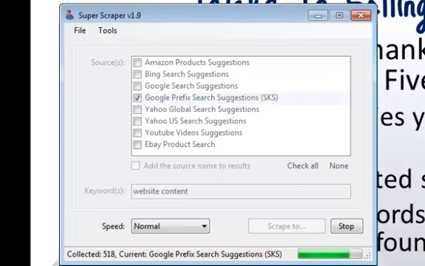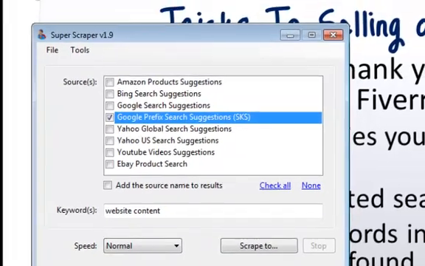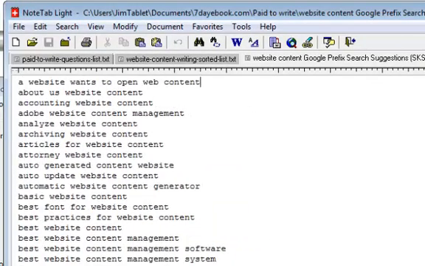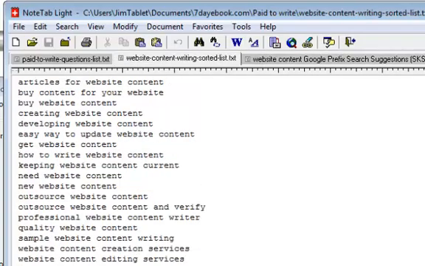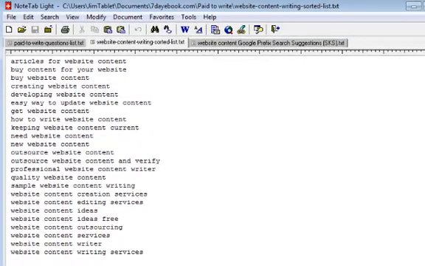This will make sense. So let's say somebody wants somebody to write some website content for them. Well, there are a lot of different ways that someone will search for and will input website content. In fact, there are 521 different variations of the phrase that contains website content on Google as far as the prefix searches. Now, I went through this list earlier and narrowed it down, but these are specific searches people are doing on Google that you could make sure you included in your description if you were writing website content for people.